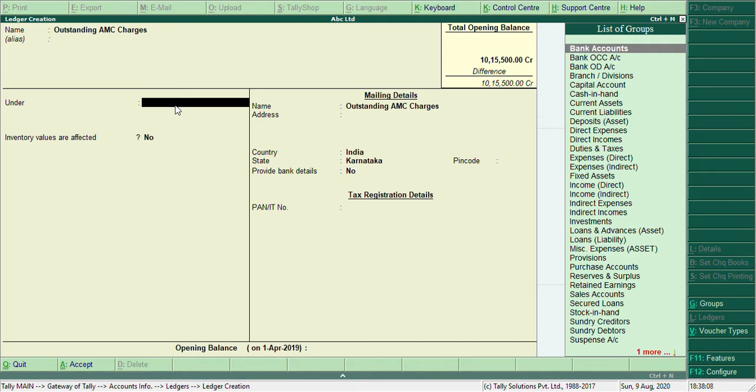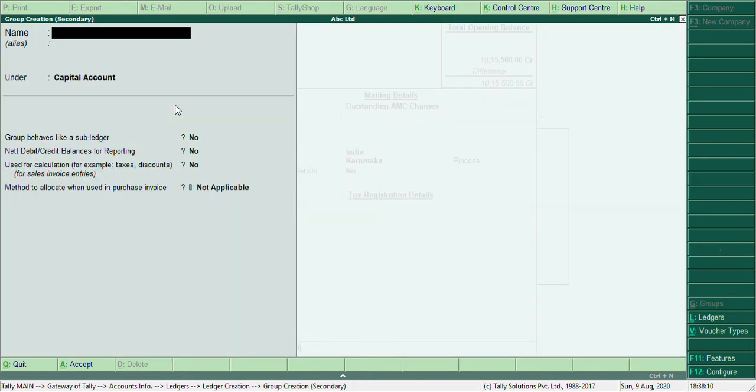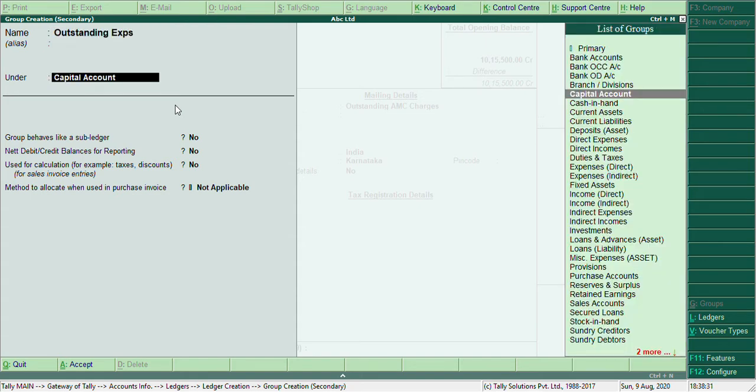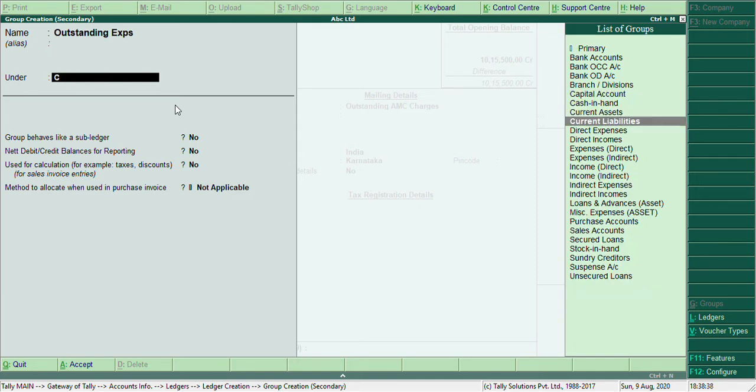So you can press Alt plus C here, then create the name of a group as outstanding expenses. Now you have to select under which primary group it will be assigned: current liabilities.